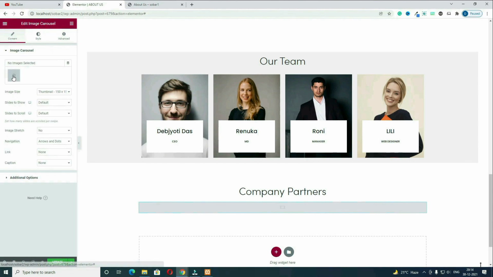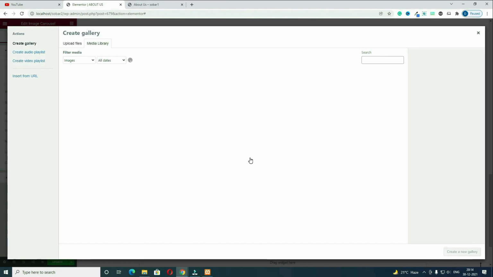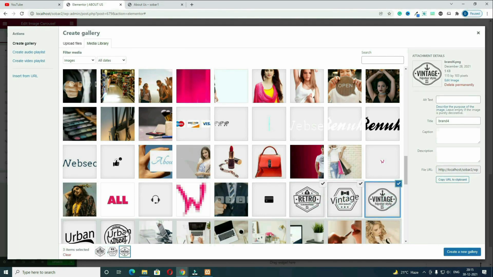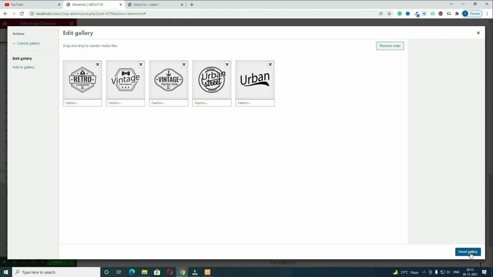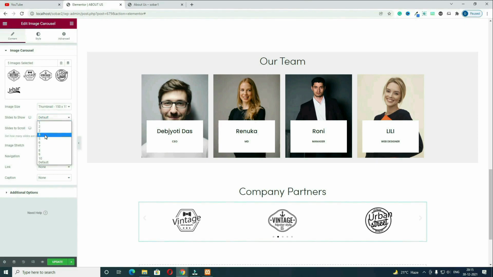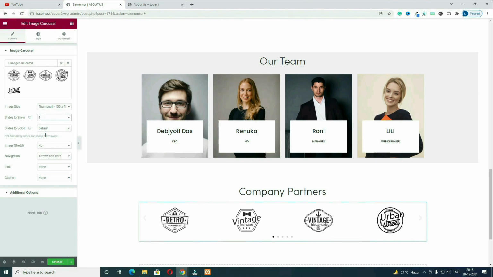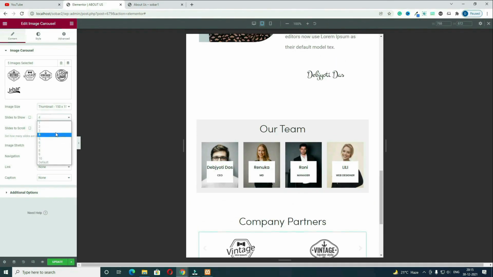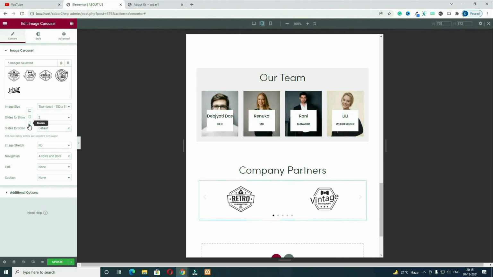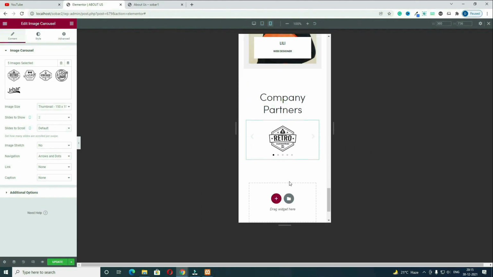After that come back to the content. Here I have to add all the brand logo images. Here you can see all the images. Just click all of them, and after that you have to click on this create new gallery. After that you have to click on this insert gallery option, and from here you have to make it 4. So at a time I want to display 4 brand images, and click on this responsive option, click on tablet. So in the tablet I want to display 3, and after that in the mobile I want to display 2. Okay, it's done here. Sorry, I have to change it in mobile. Okay, it's perfect now. Next, let's come to the desktop preview.